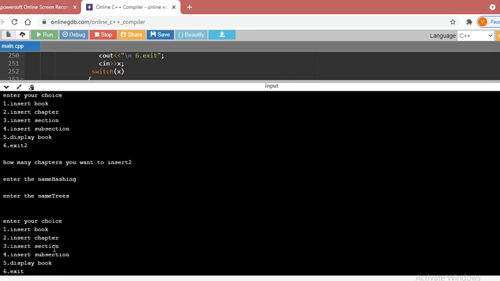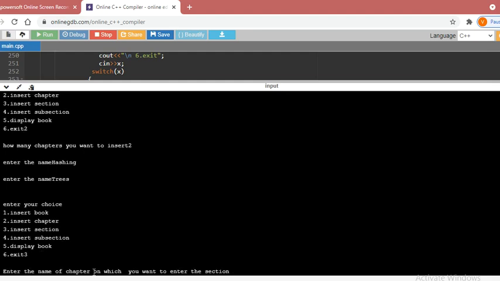Now, do you want to enter a section under any chapter? So say yes, my choice is 3. Now enter the name of the chapter on which you want to enter the section. Suppose under the chapter trees I want to include the types.